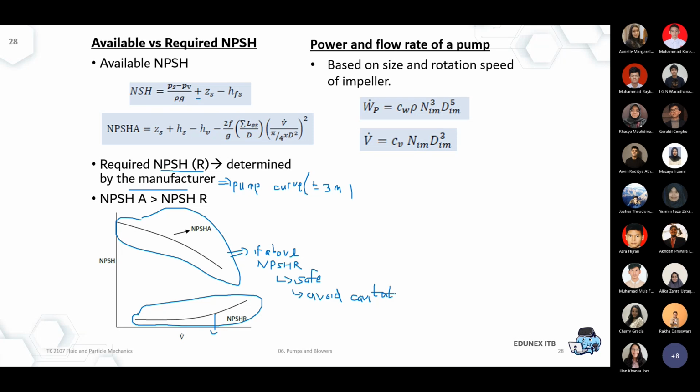But the thing is, if you push your pump to operate at a higher flow rate, you start to push the condition where cavitation starts to occur. Let's say that's the extrapolation. That will be your Vmax to avoid cavitation. Otherwise, it's going to be a problem for your operation.